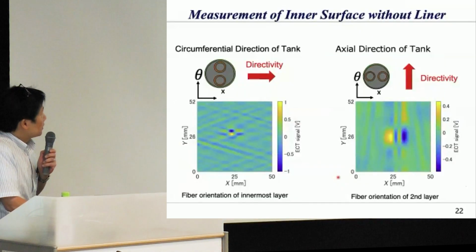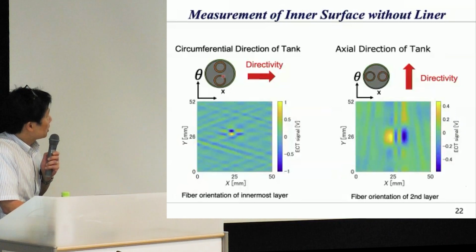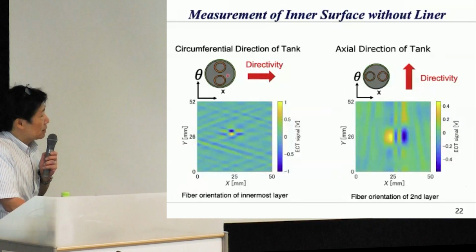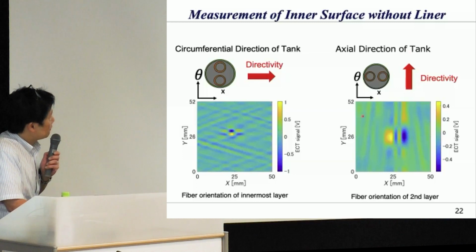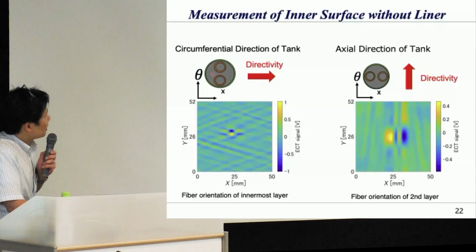As I mentioned before, this probe has a directivity. For this alignment, the sensor is very sensitive to this direction, and for this alignment, it is sensitive to this direction. And if we align